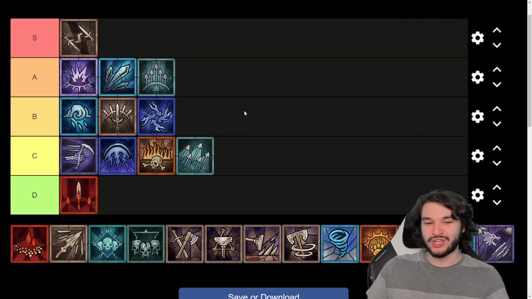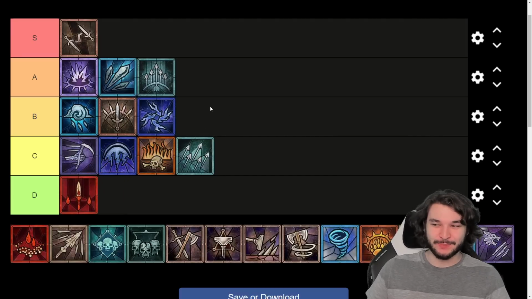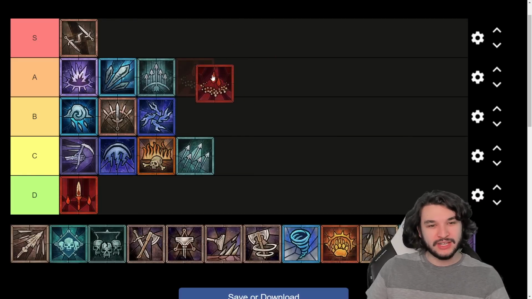I'm a huge, I guess, disliker, hater of Bloodlance. I do not like this build. I find it to be very mediocre, and it just doesn't do enough compared to a lot of the other options that Necromancer have. Speaking of which, the Shadow Infinite Blood Mist build, I find this to be really excellent,